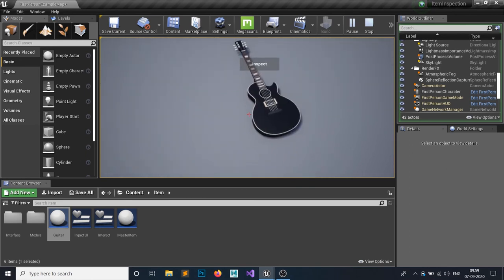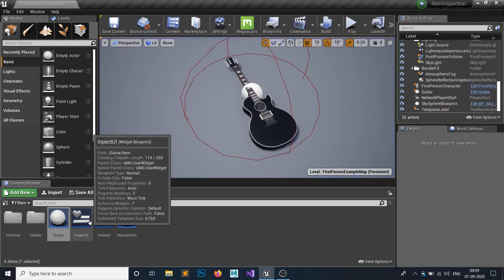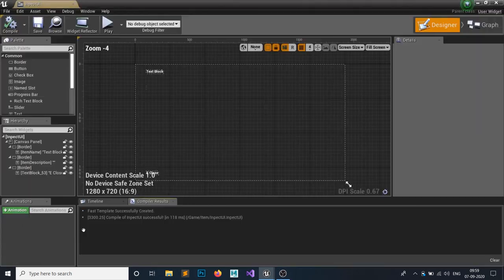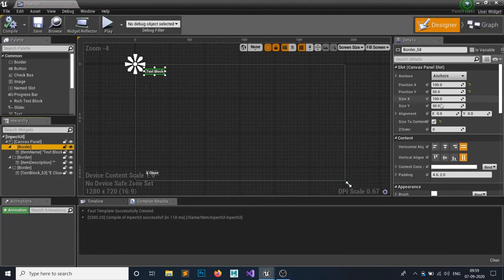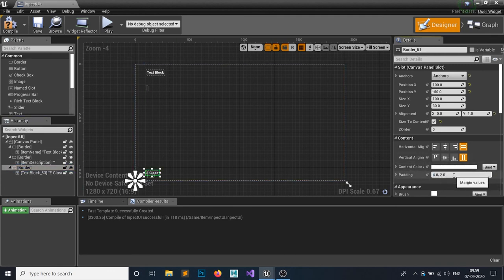So just open this inspect UI and make the border padding, to let's say 10. Also for this description and also for this close node.